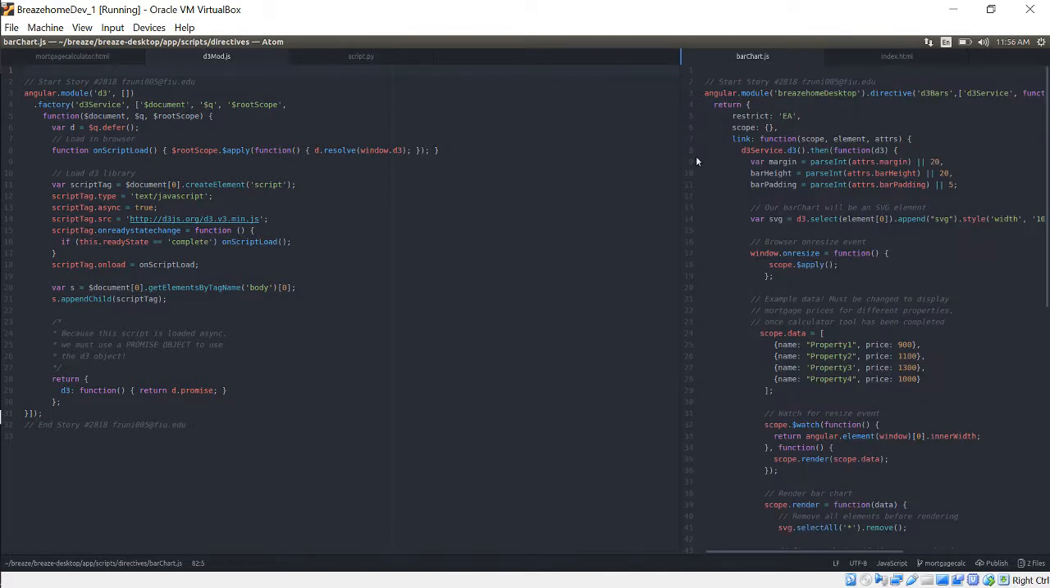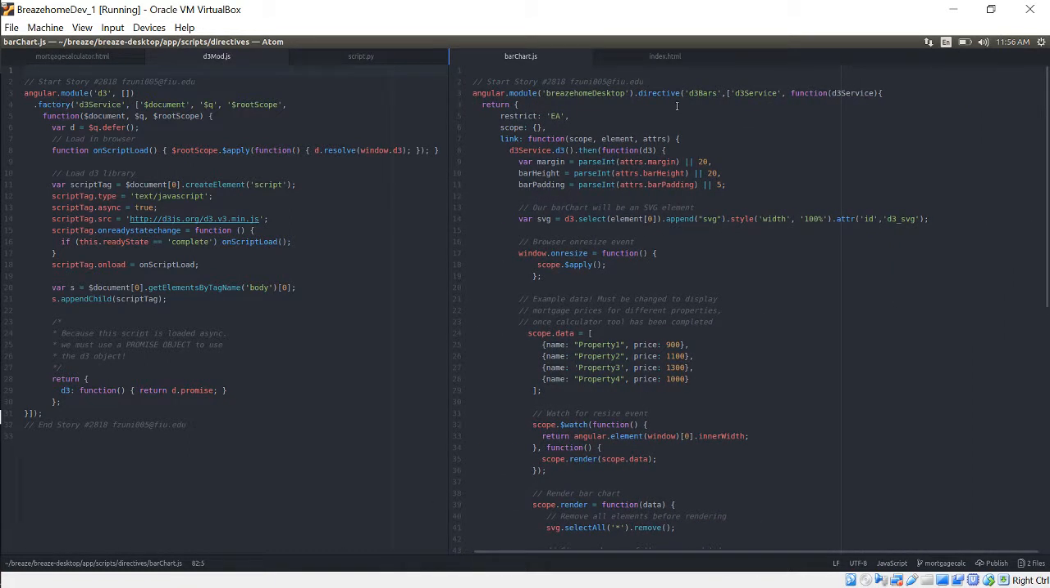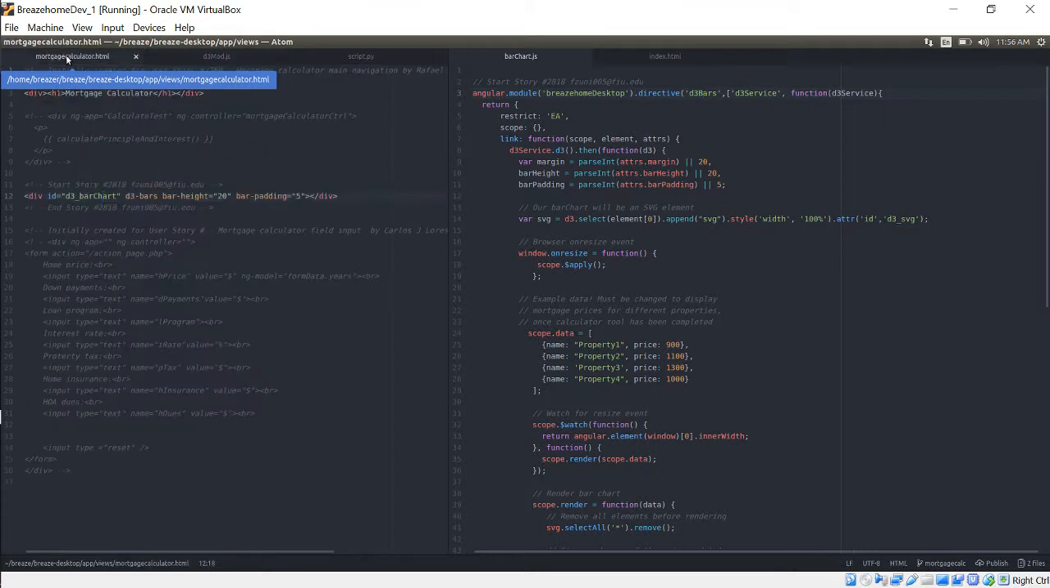to actually create the custom directive. Now the way we're going to use our D3 service is through the use of directives. D3 bars, which is going to be a bar chart directive, has the D3 service as a dependency. And if we look at the actual view, this is how the element looks in HTML. It's just a div with attributes, D3 bars, bar height, and bar padding. And these attributes are going to be used by our D3 directive to format the